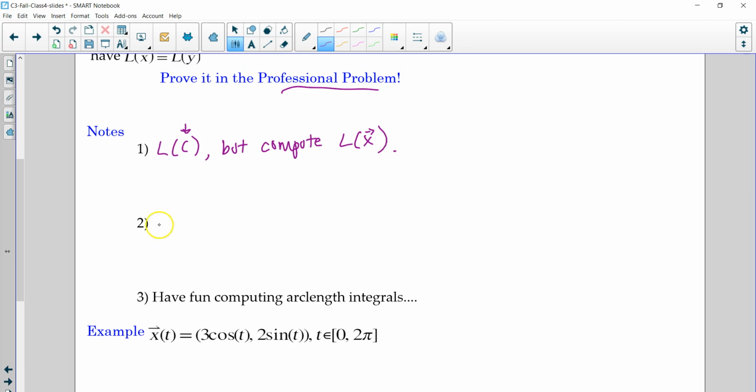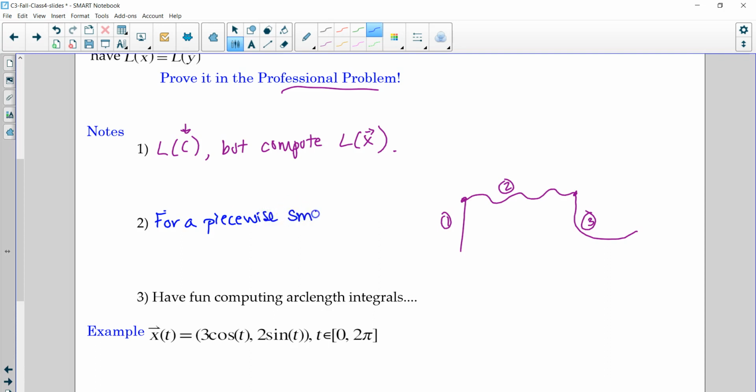Okay. Next thing is that if you have a curve that might be, I don't know, piecewise continuous, something like that. Okay, so you have kind of three junctures here. You have first curve, second curve, third curve. To find the arc length, guess what you do? Okay, I'm gonna start out our notes. So for a piecewise smooth curve,